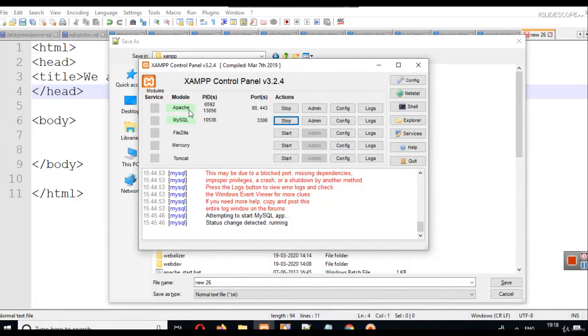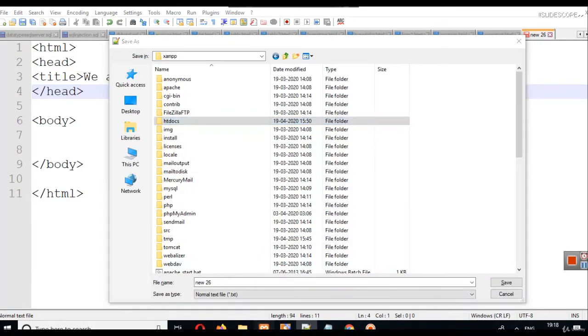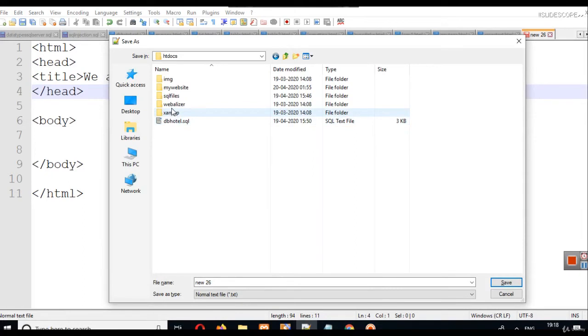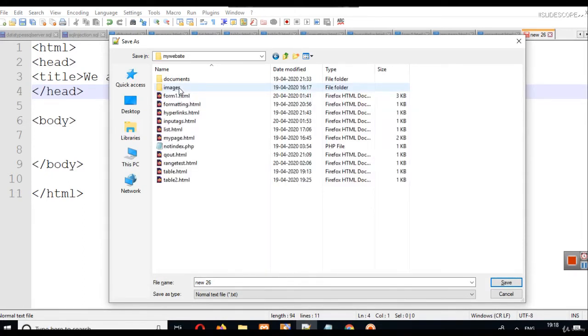It is used to provide us an Apache server and a MySQL server. On the Apache server we can run a language like PHP, and using MySQL we can create databases. So make sure that XAMPP is installed. If you don't want to use XAMPP for learning CSS, then simply consider it as some other folder on your computer. So we have a folder called my website here.